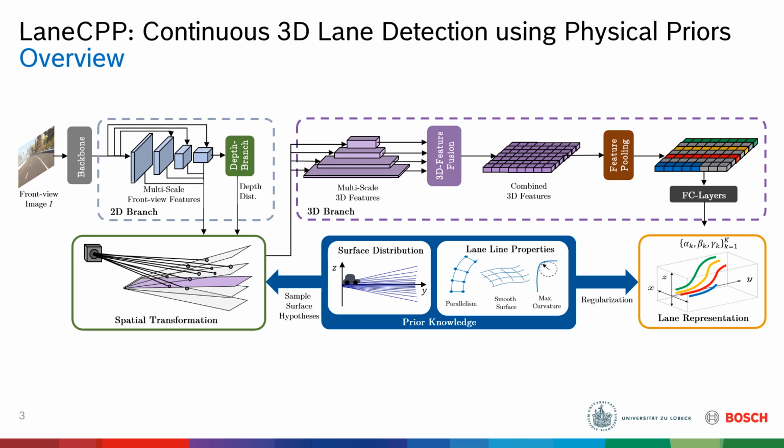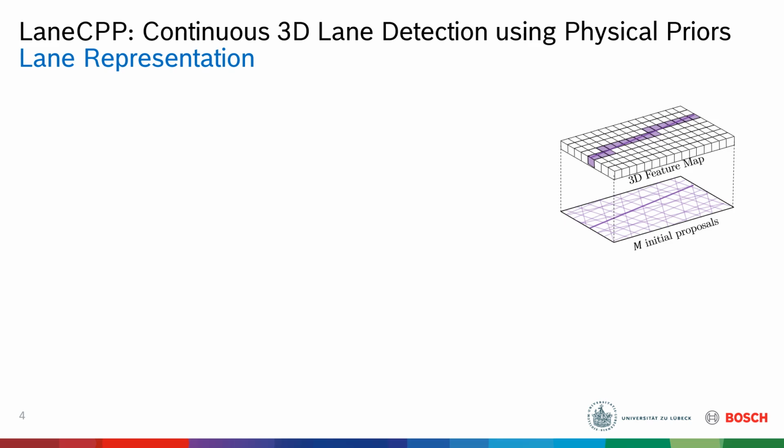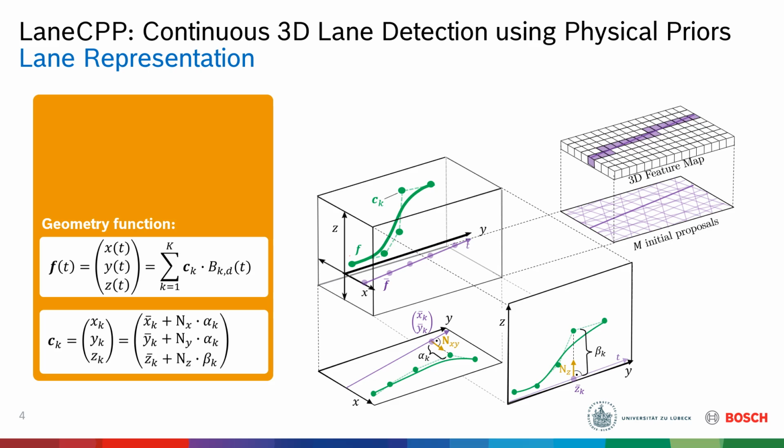In the following, we will elaborate on the most important components, starting with the novel lane representation. First, we define a set of straight lines of various orientations and treat these as our initial spline-based line proposals. To determine the geometry of a 3D line, we make the network predict the offsets of the spline control points in the orthogonal direction of the initial proposal, which means one deviation in the xy plane and one in z direction. Consequently, we obtain a flexible real 3D curve function that is capable of modeling almost arbitrary shapes of lines, where we still constrain the geometry to only 2 degrees of freedom to avoid ambiguity, which facilitates the problem of